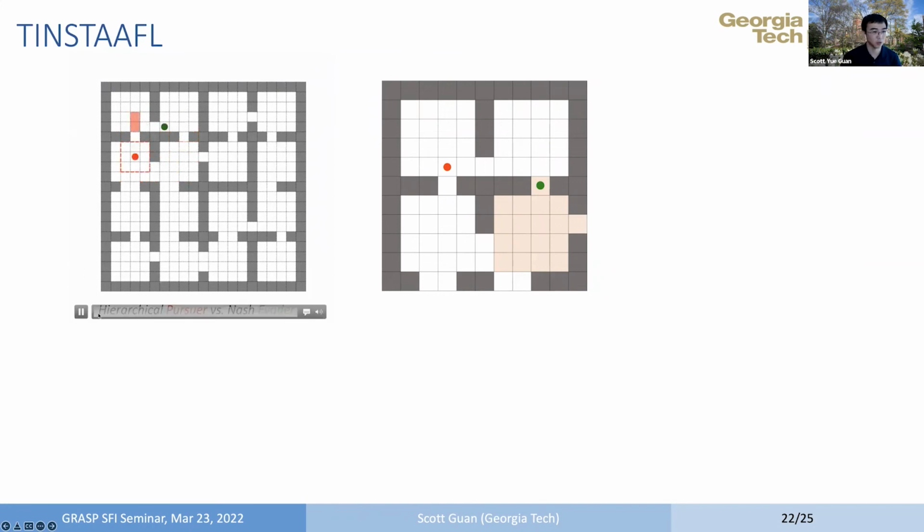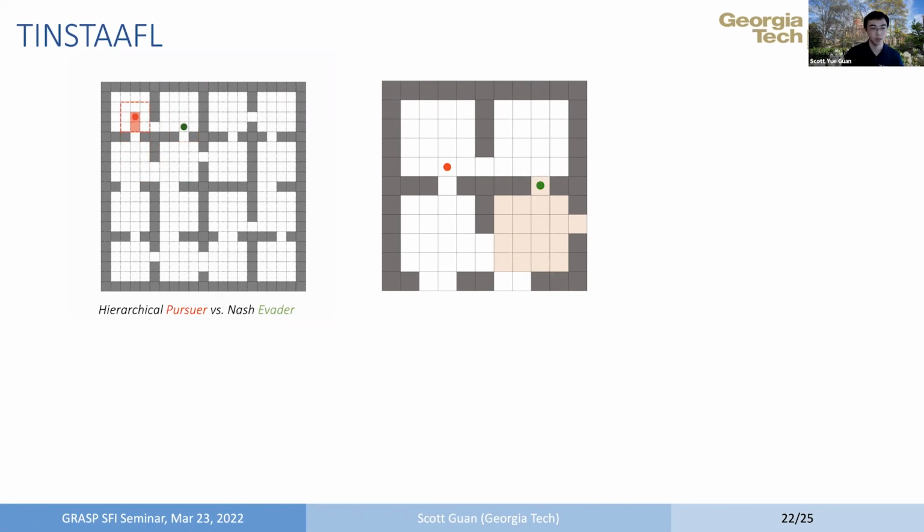The pursuer is at this location, and it could have just directly chased the evader down here, but instead of doing that, it decided to come down and then go along this trajectory here. What happened is that the hierarchical pursuer is still playing the aggregated game. In that case, it's only observing which room the evader is in, and whether the evader is actually here or somewhere else is unknown to the pursuer, or irrelevant for the decision-making process